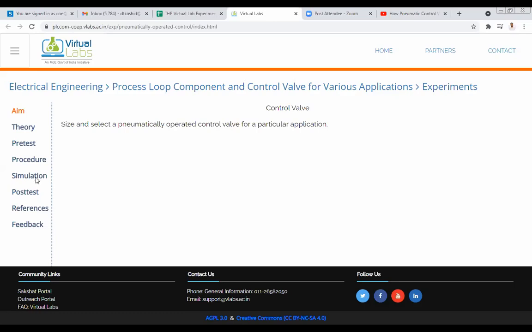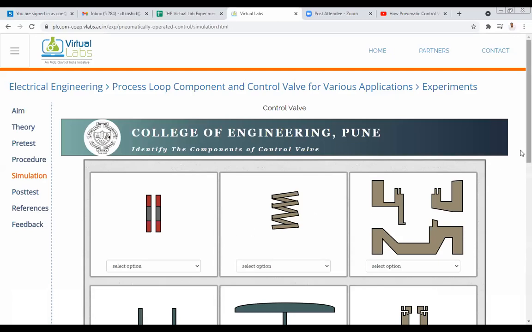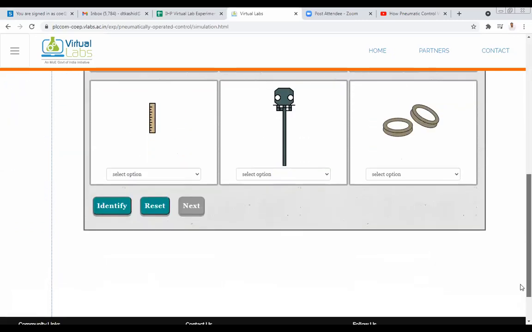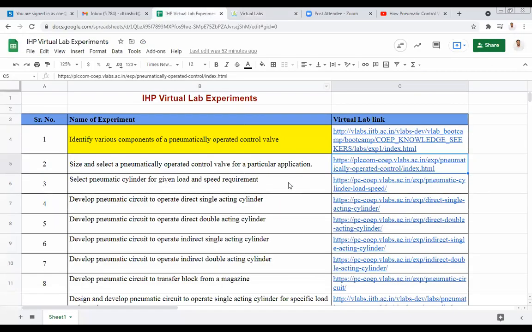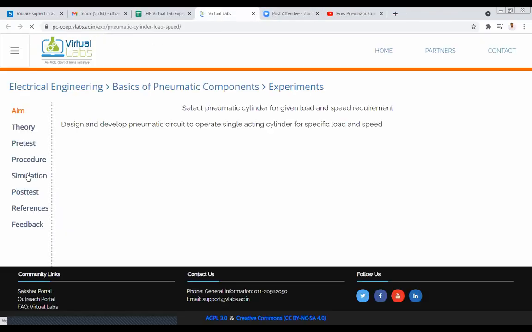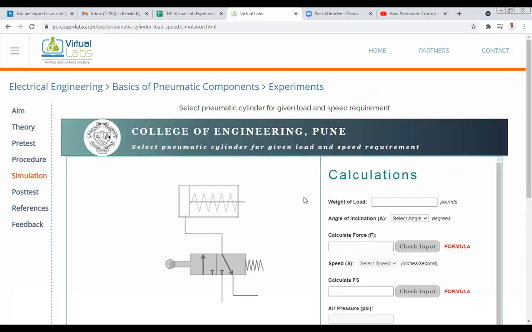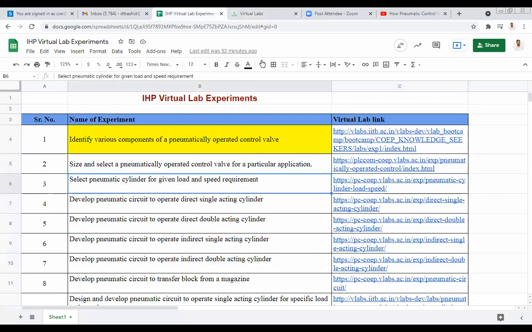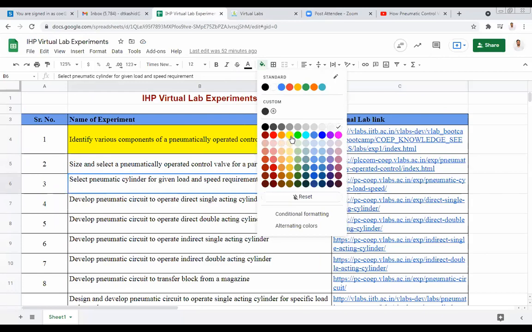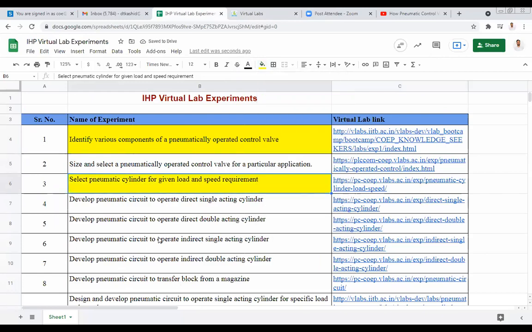Okay, so here we'll go for this one. I will select a pneumatic cylinder for a given load and speed requirement. Now, as we know that